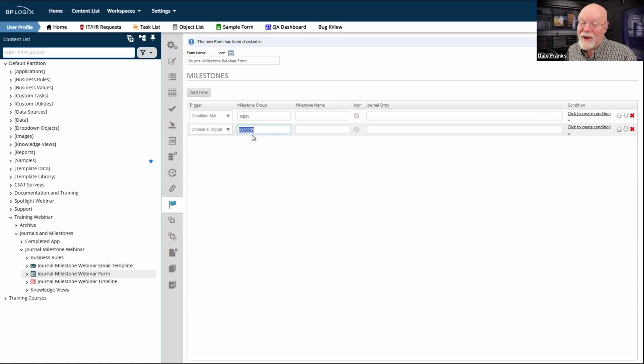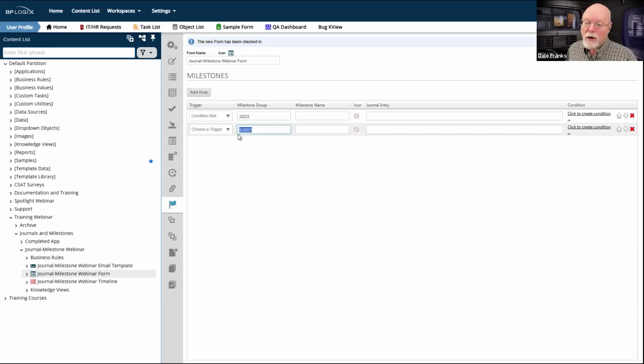this is not J 2025. This is way different. This is 2022-05. So let's get rid of one of those zeros. Well, it doesn't really matter. I made a typo, in this case, multiple typos. These are not the same milestone groups. So if I say I want on my journal control, look at everything for J 2025, it will do that. But this is not J 2025. It's what I intended it to be, but it's not what I ended up with. So I've actually inadvertently created 2 different milestone groups here.